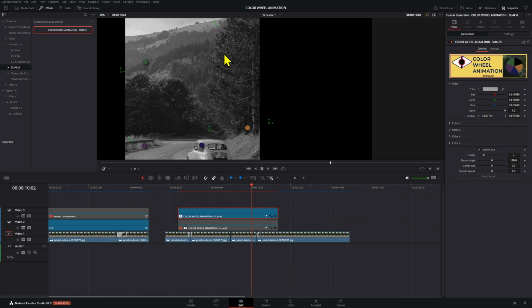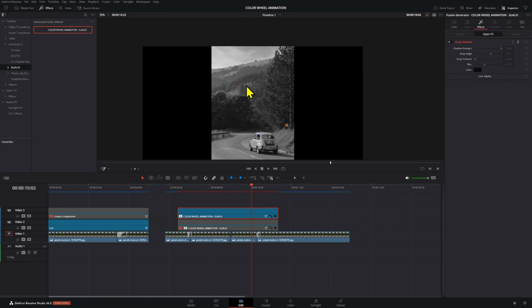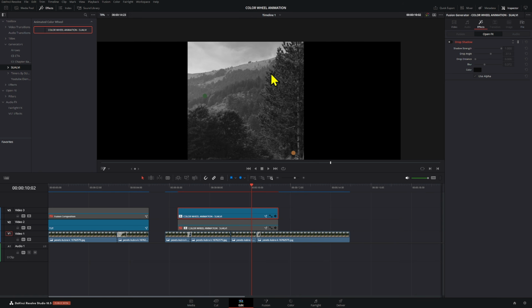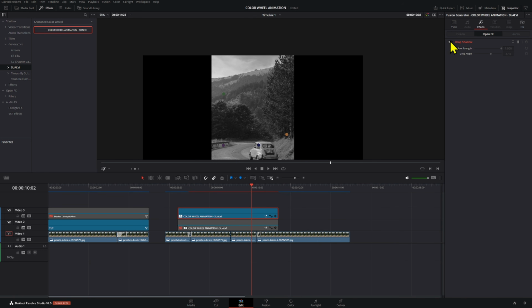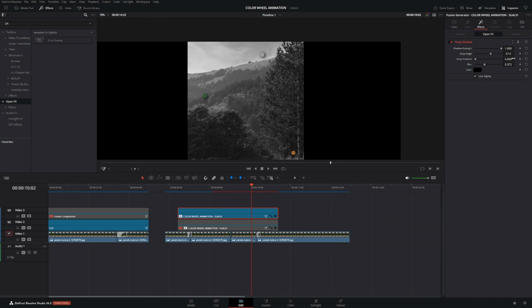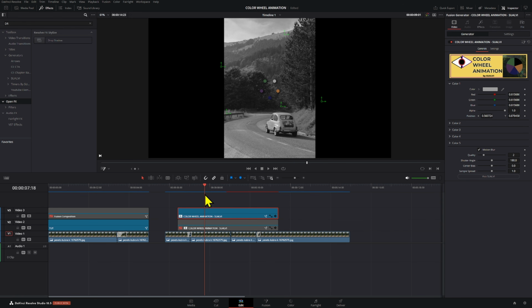Now, what is the one thing that makes it look a lot better is this drop shadow here that I added. Let me show you how it looks without it. Without it, it blends too quickly, so it doesn't let the viewer notice where the bubble went, right? So add a drop shadow that you can find here on the effects of the open effects section. Just find it as a drop shadow right here. Drop it on your generator, and then you're set. Adjust and modify the different elements right here. You're pretty ready to go. So yeah, that's a pretty straightforward effect.